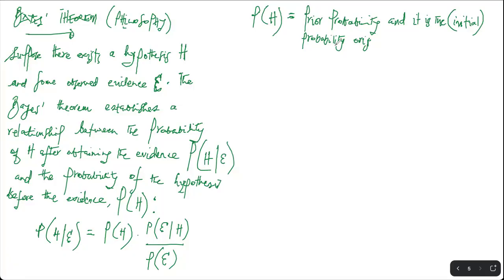So it's the initial probability that was originally obtained, before any new or additional evidence